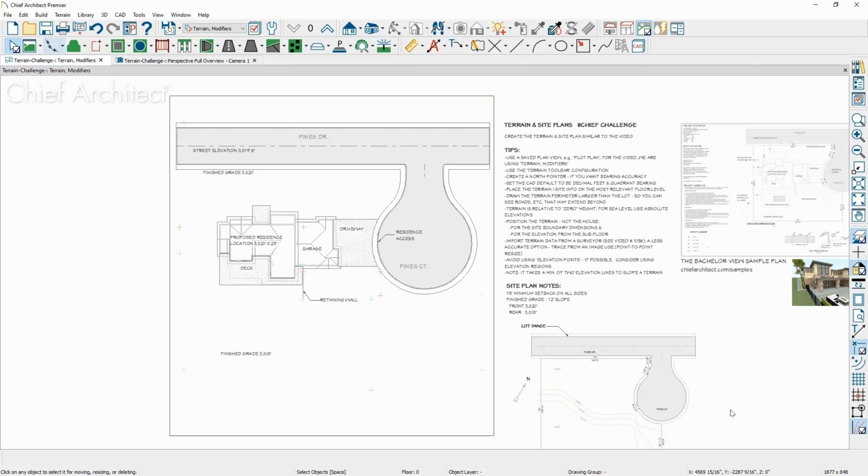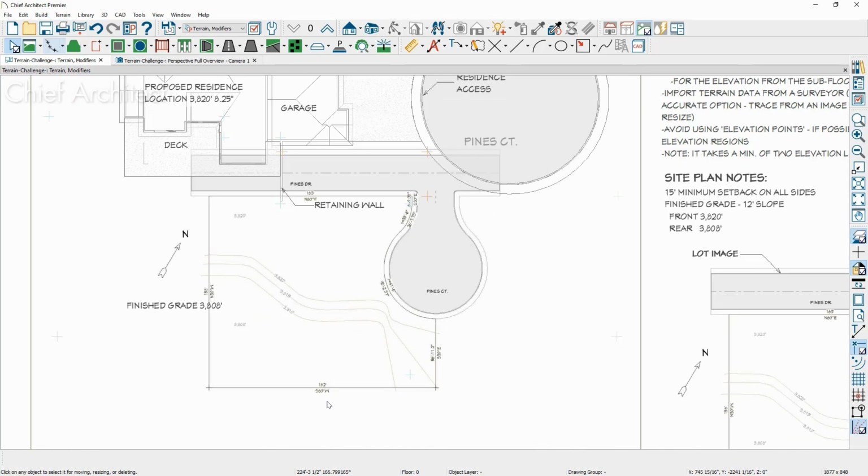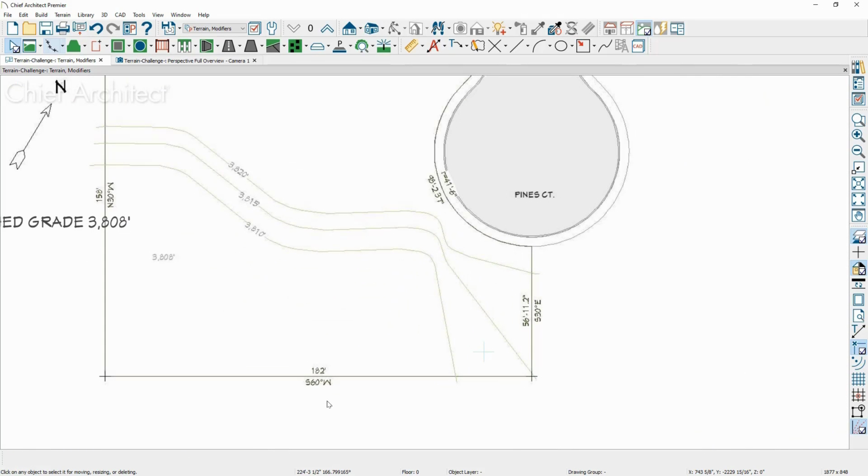Here's what I'm going to do to create this lot shape. This is an image that I have down here. I'm just going to make a copy of that, and I'm going to slide a copy of it over so we can see it right in this area. And if we zoom in just a little bit, you'll notice that this lot is 182 feet along this bottom line boundary. I'm going to use the point-to-point resize tool, click on the image, and I'm going to come down